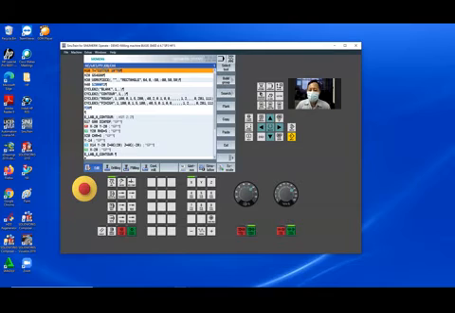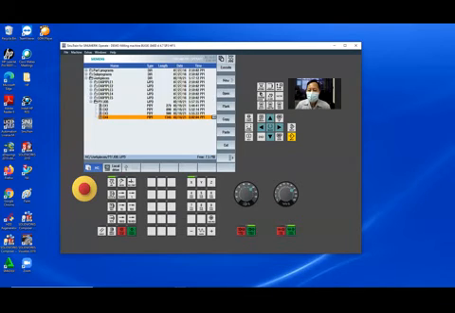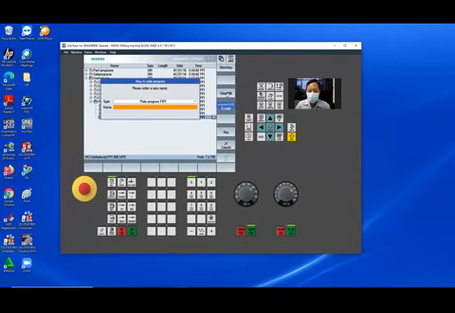Let's program. In here, exercise 5. New. Try this soft mill. Give the name exercise 5.